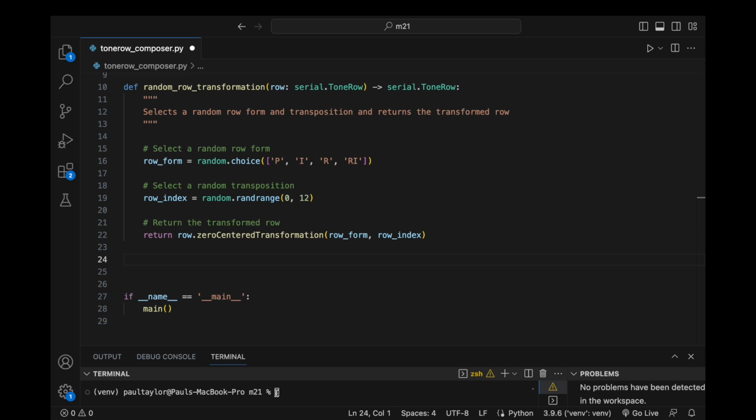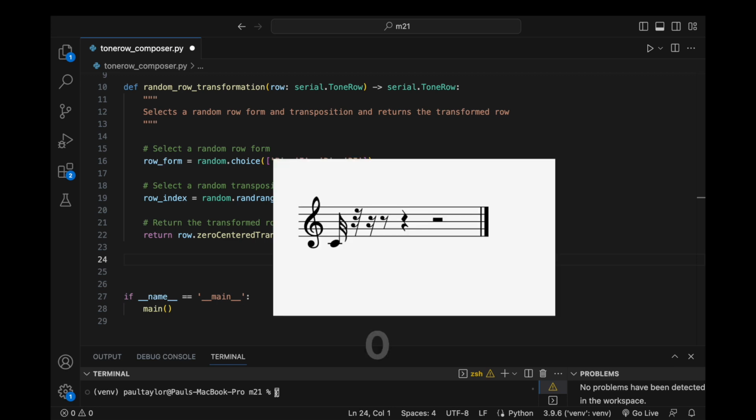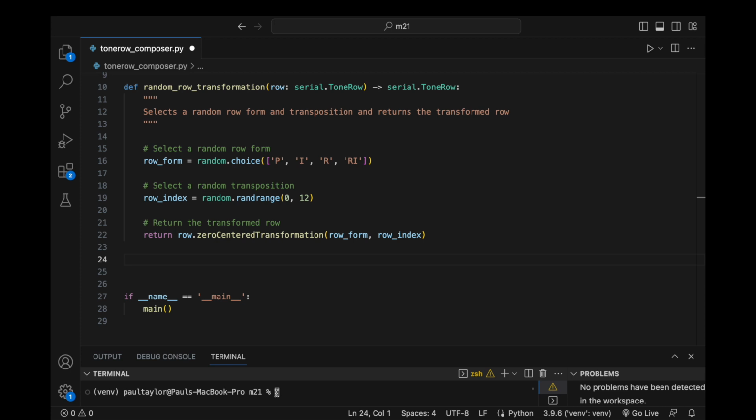We initially must establish a minimum duration, such as a 32nd note, which will be assigned to the integer 0. We increment the duration by another 32nd note for each subsequent integer to form a durational series. Leveraging this scale, we can generate a durational row and apply the same operations we utilized on the tone row